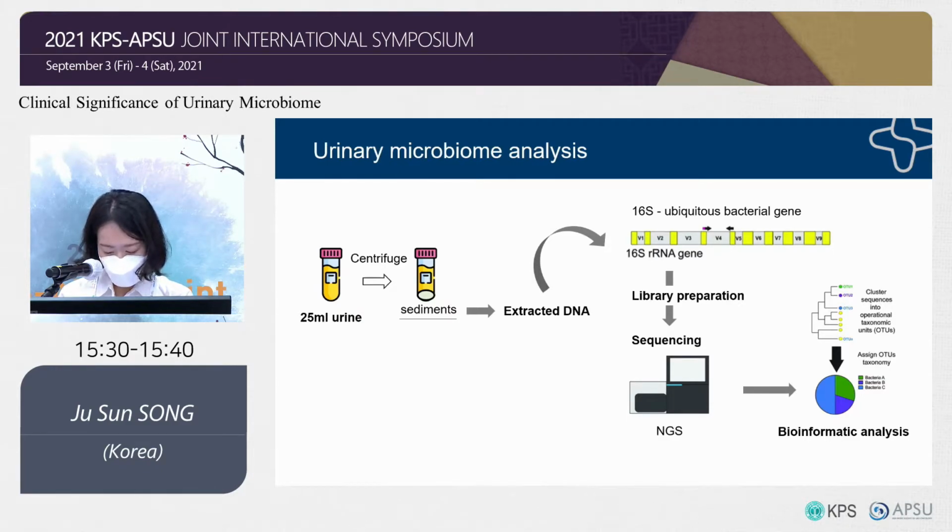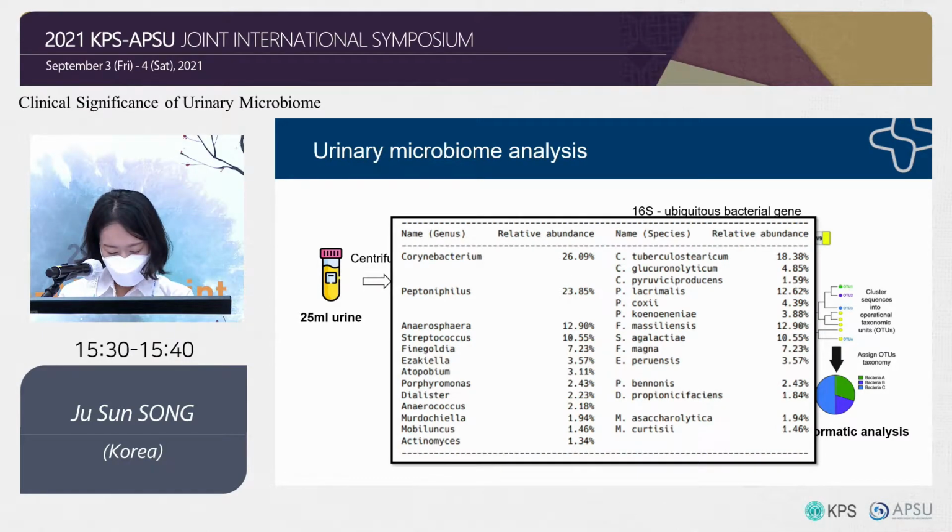But in urinary microbiome analysis, which is a culture-independent molecular method, bacterial DNA is extracted from the urine sample directly and further analyzed, so it can detect the whole composition of bacteria whether or not they grow in culture. Analyzed results are reported like this as a proportion of the composition of bacteria. So urinary microbiome analysis here is more sensitive than standard urine culture in UTI, but also in terms of treatment